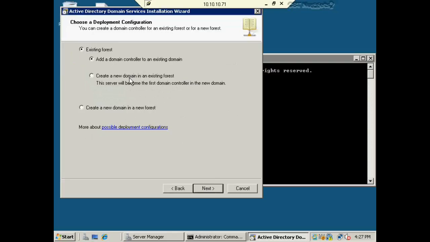I can also choose a new domain in an existing forest, and this might be the case if I wanted to create west.nuggetlab.com or something like that. But for my current purposes, just another domain controller in this existing domain, and the purpose for that is for